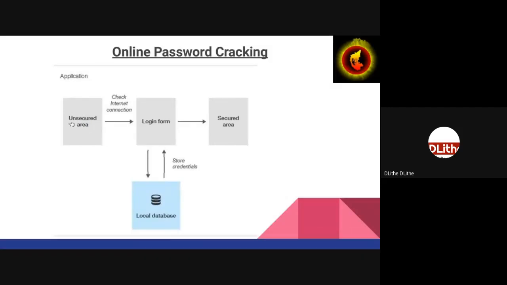Always understand, whenever you try to access a website, your actual passwords are sent through an HTTP request and response. Everything that you send to a website is sent as an HTTP request, and anything that you get from the website, you get as a web response. That's how a website works.